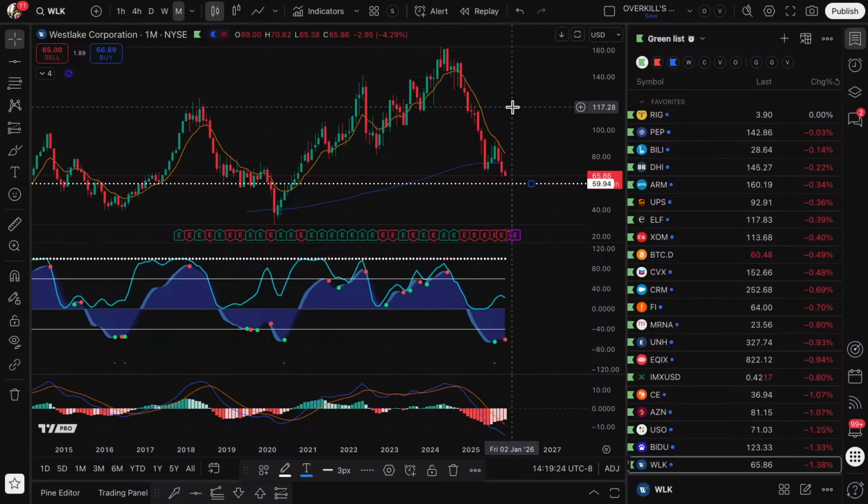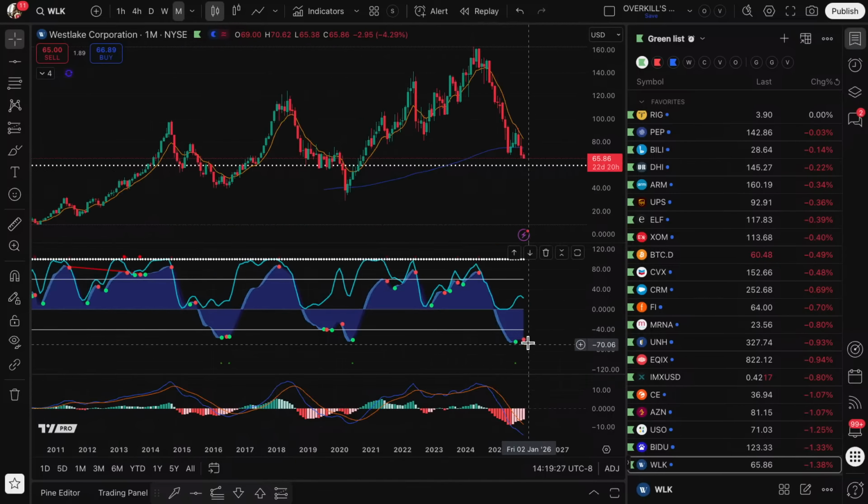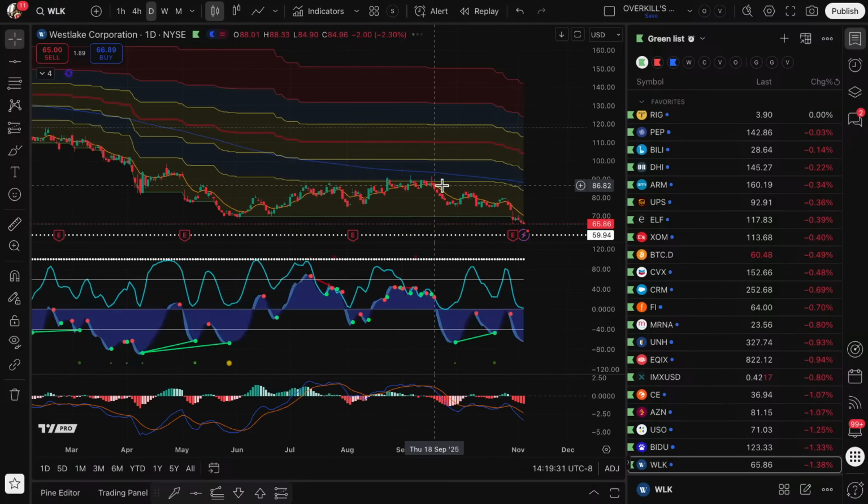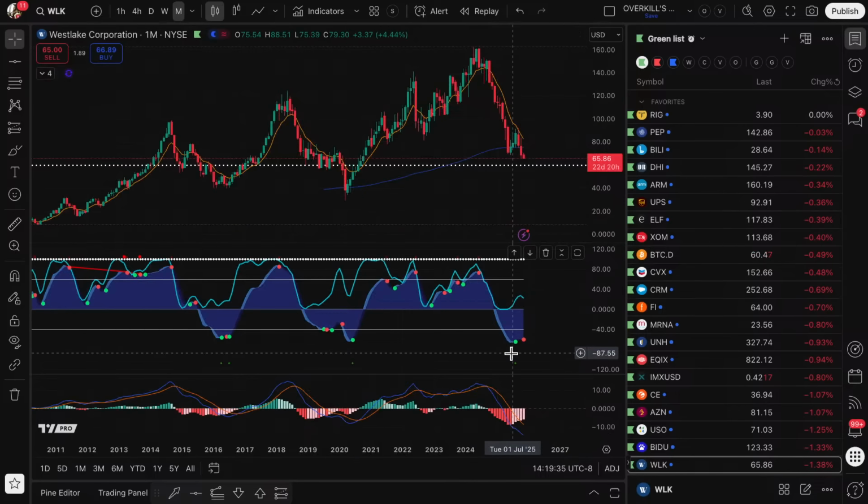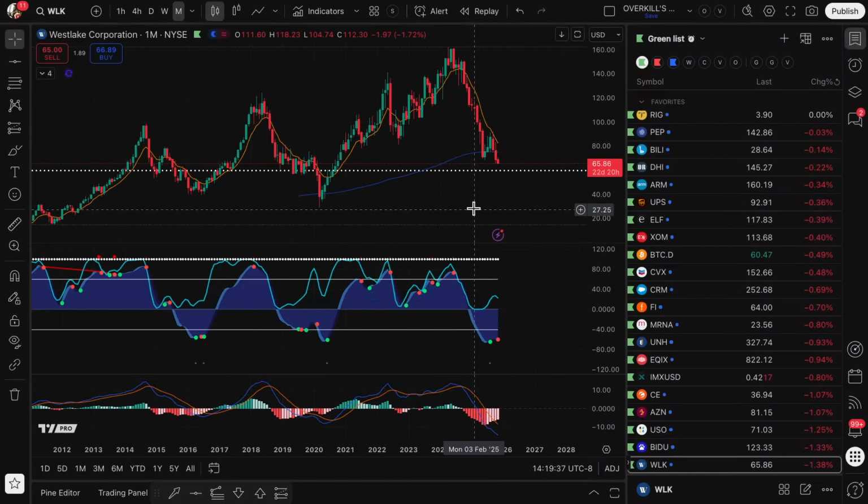I think that's probably going to go down there to 60. So we'll see what happens. But that one is red here, so you want to use caution. You could cut losses here, or you could just simply wait for another green dot to come back, and then you could enter again. So if you bought it right here at 70 and it goes down to, say, 50,